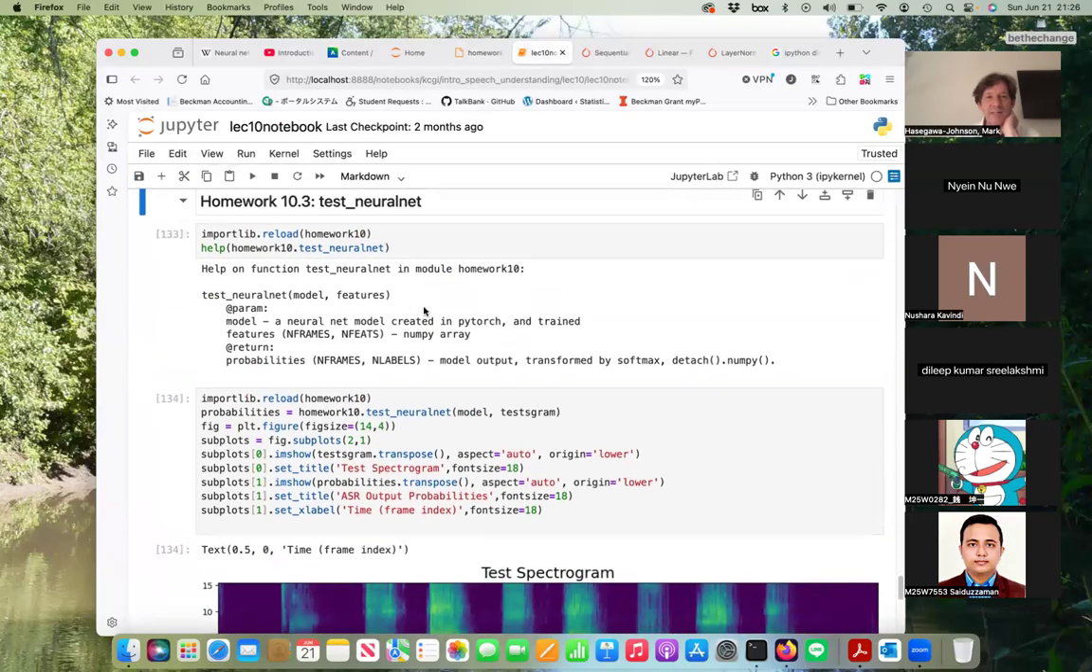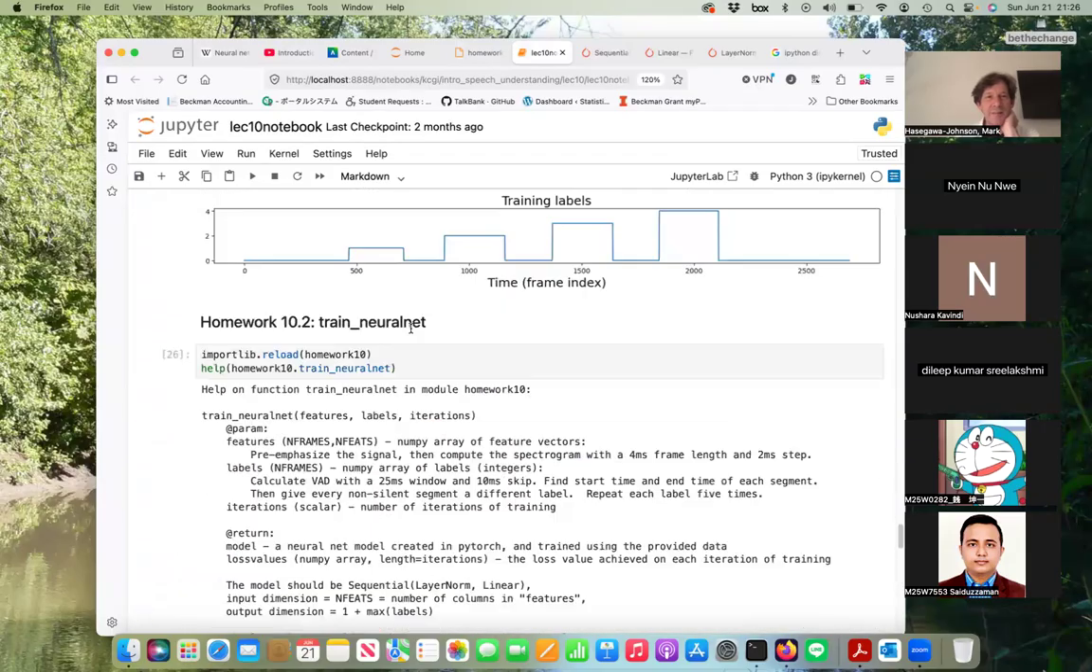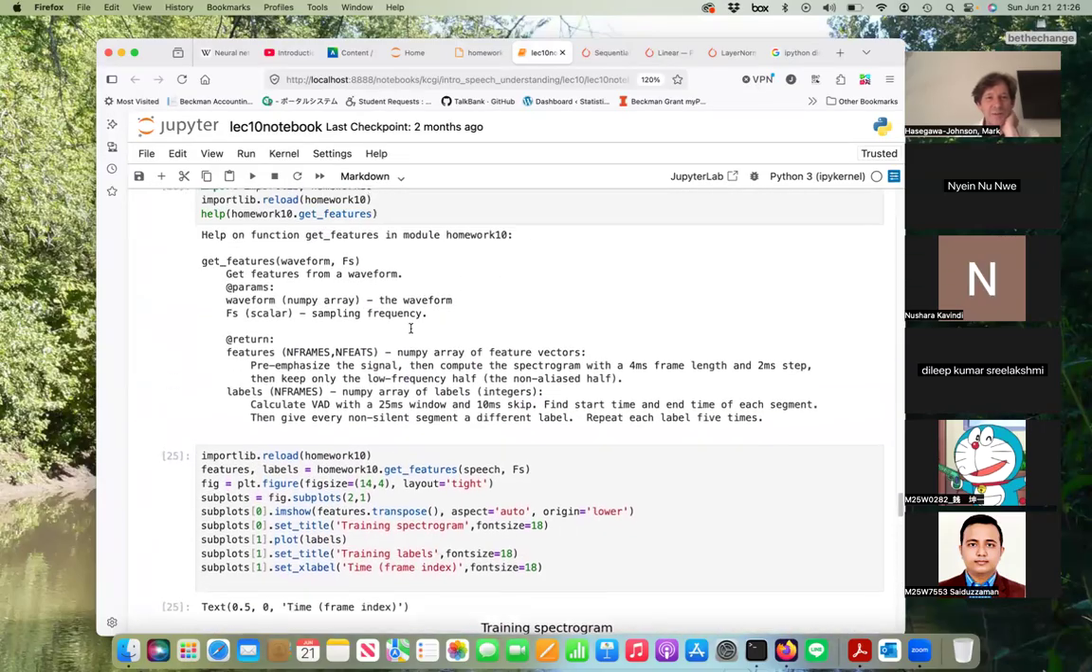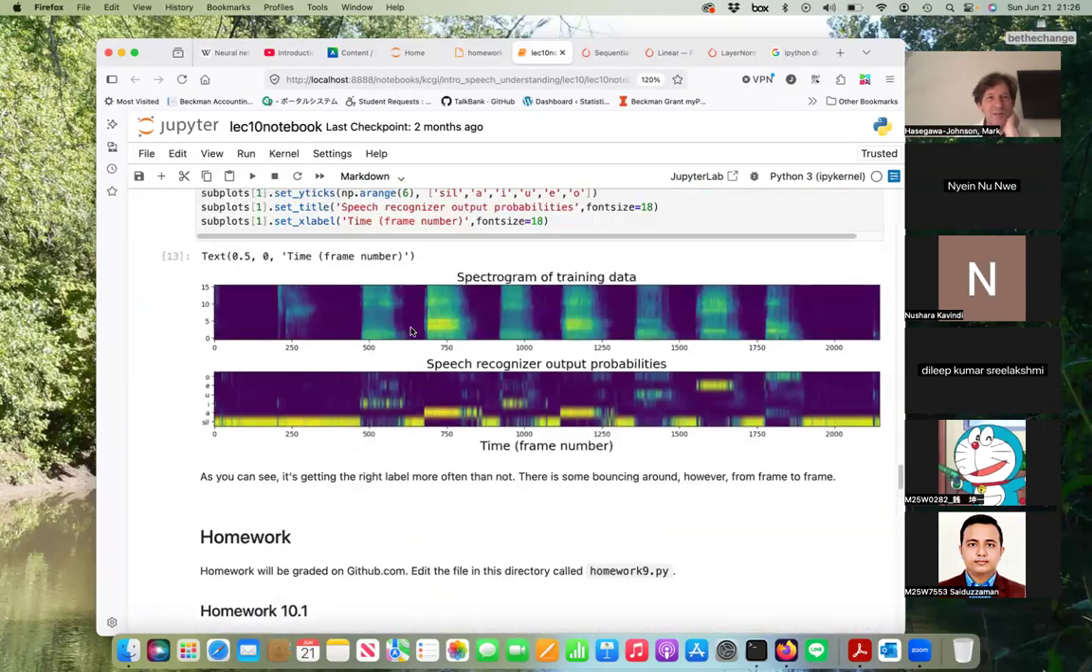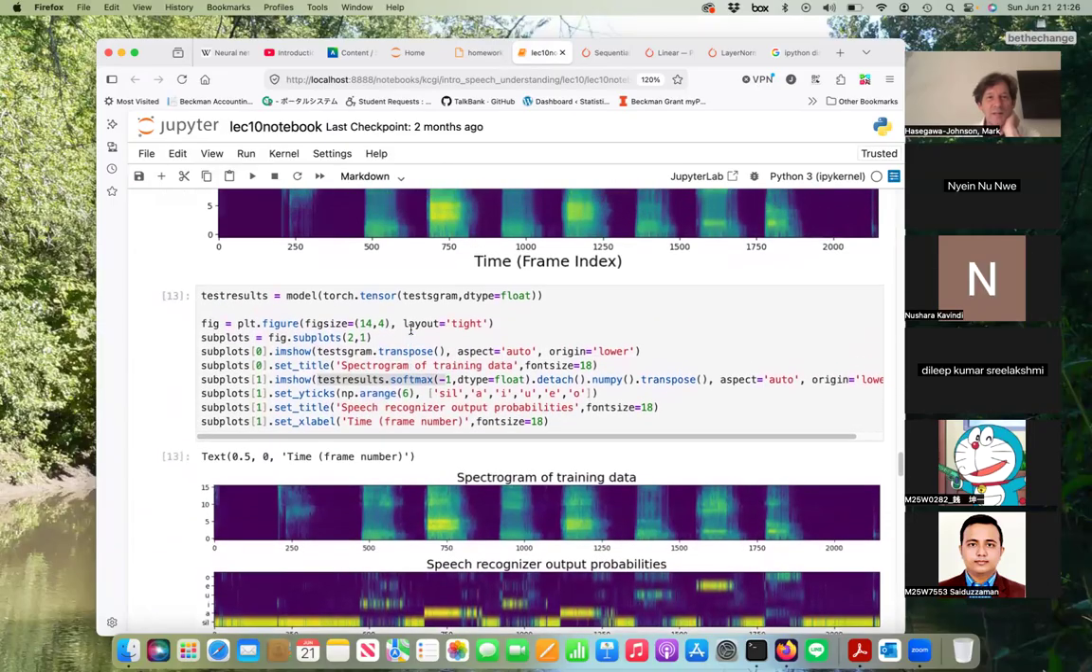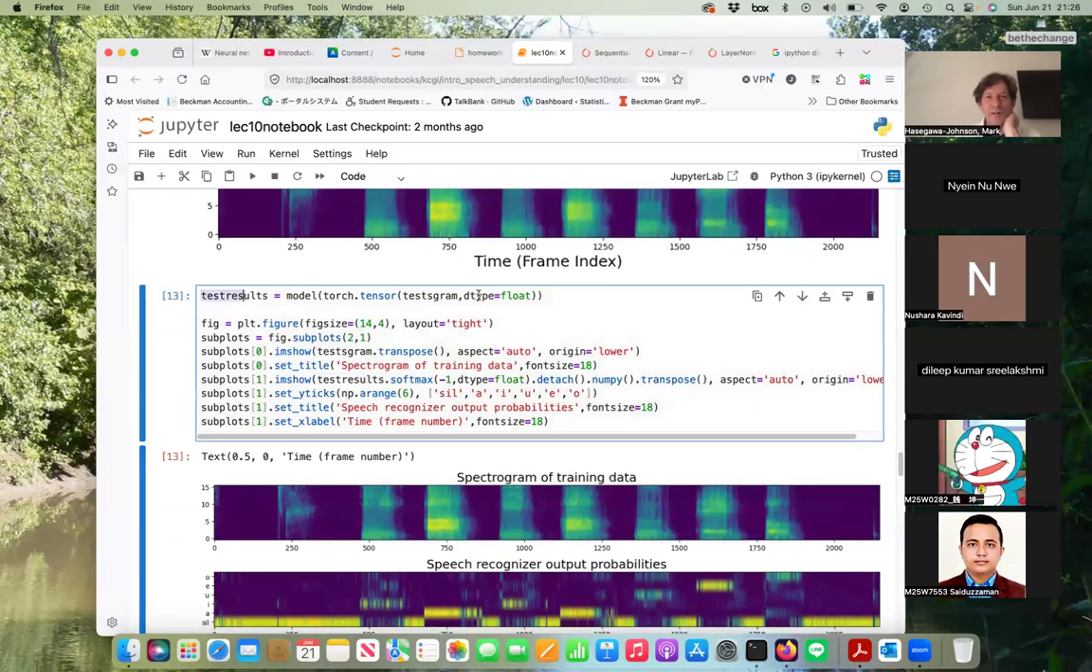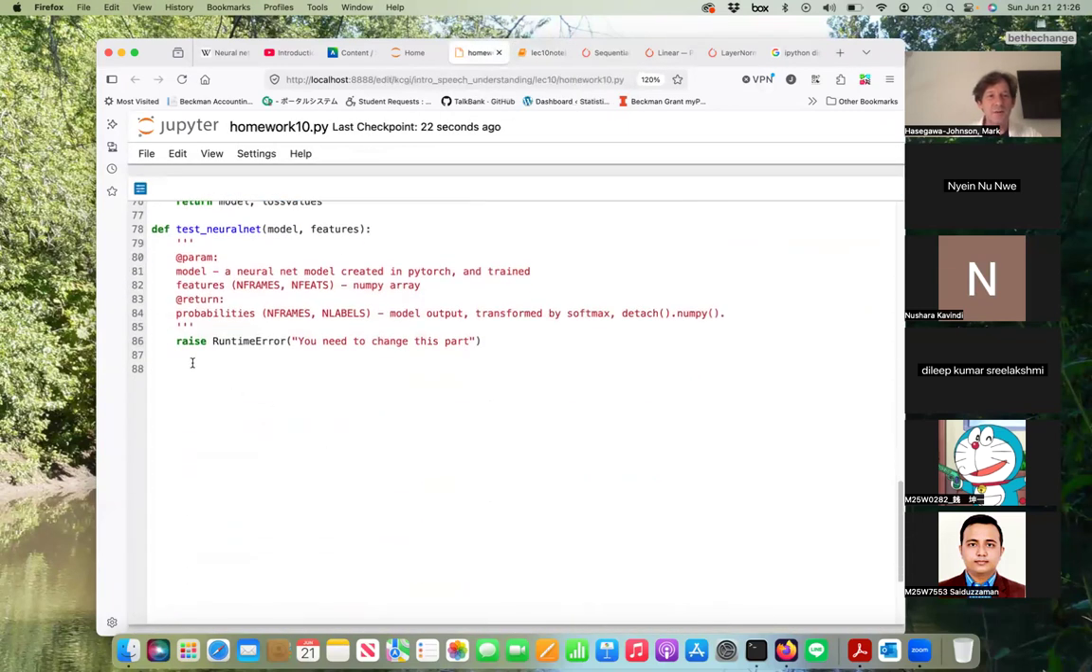And now we want to test the neural network. And again, let me go back and just copy the test code up here. The test results are just taking the model and applying the model to the torch tensor of the test spectrogram. So for the test neural network, the input will be the model and the features. I want to create the test results by taking the input features and applying the model to them. And then I just want to return the